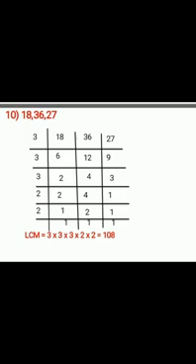So you will write 2 as it is, 4 as it is, and 3 ones are 3. Now 2 and 4 is divisible by 2. So you will write 2 ones are 2, 2 twos are 4. Now left is 2. So 2 is divisible by 2. So you write 2 ones are 2. Therefore LCM of 18, 36 and 27 is 3 into 3 into 3 into 2 into 2, which is equal to 108.